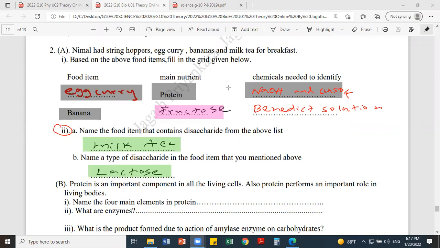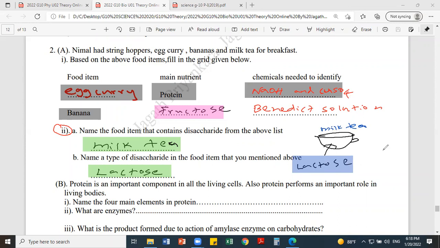Actually, if you are drinking milk tea, powdered milk mixed with sugar, that means you are getting too much carbohydrate. Milk also has lactose. So your milk tea contains two carbohydrates. It contains lactose from milk. Look at this. Your bed tea contains what? Milk tea consists of two disaccharides. One will be lactose